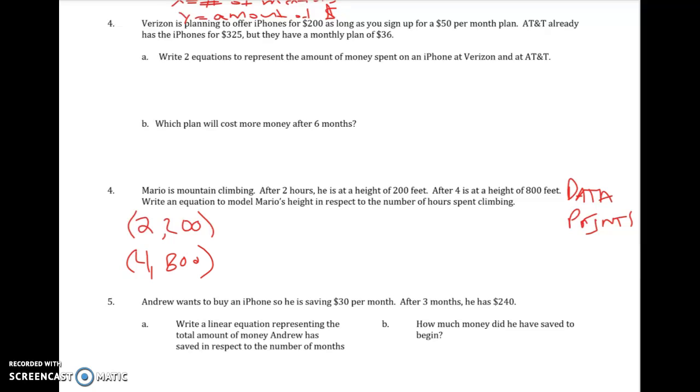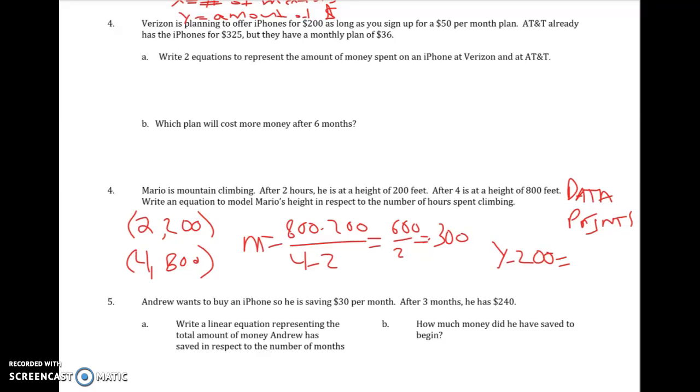Okay, so here's what we're going to do. We're going to find a slope. So I say m equals 800 minus 200 over 4 minus 2. That's 600 over 2, which is 300. So my slope is 300, and I have 2 points I can use. So I could write, you could use either point, and I'm going to use point slope form. So I'm going to write y, I'll use the first one, y minus 200